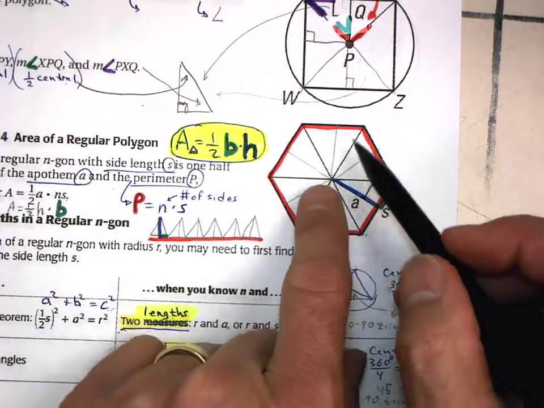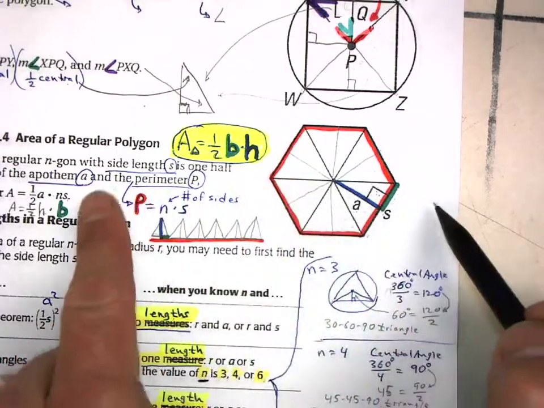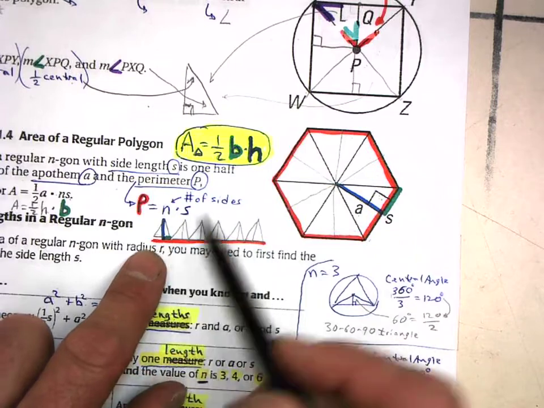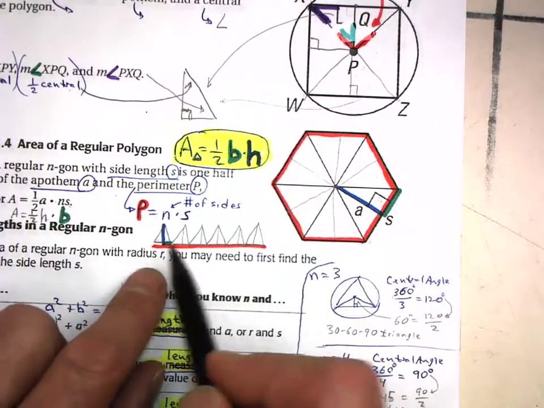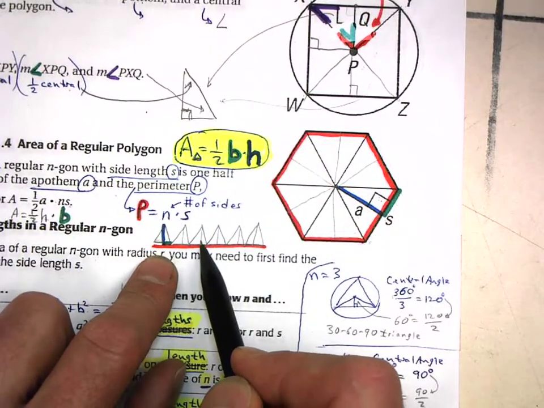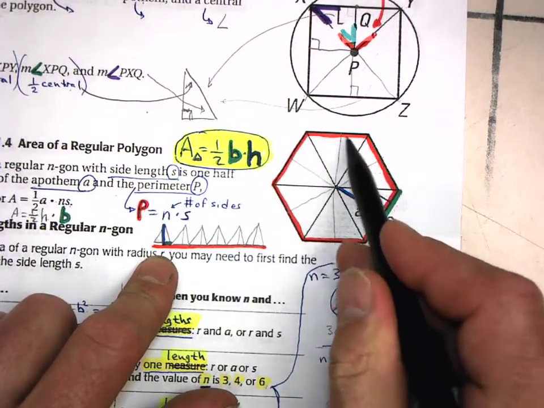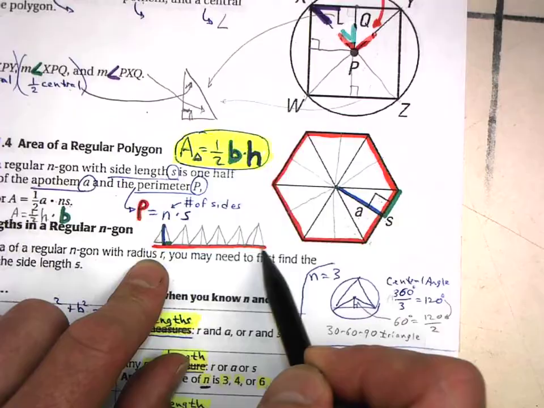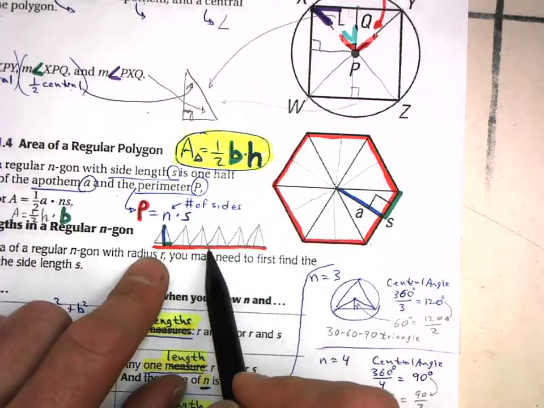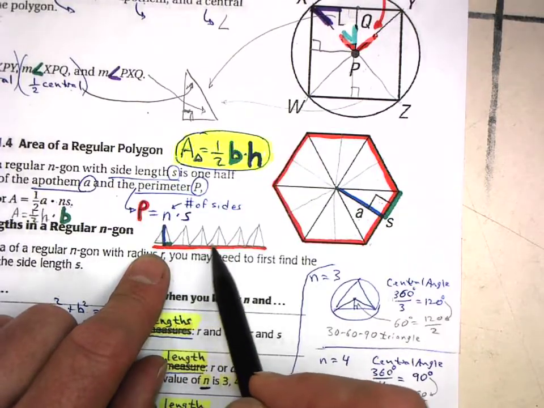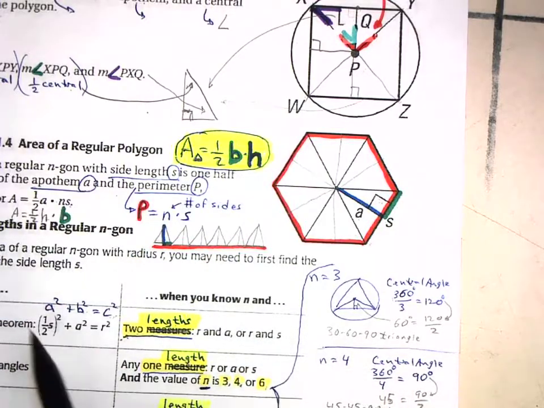And if I was to take all these little triangles and then cut them apart and spread them out, it would look something like this here, because there are 1, 2, 3, 4, 5, 6. There are 6 sides on this, so I have 6 of these isosceles triangles lined up here. And notice that this red, this length here, is actually the perimeter around your regular polygon. And so to find the area of this regular polygon, or the area of these 6 triangles, what I can do is use